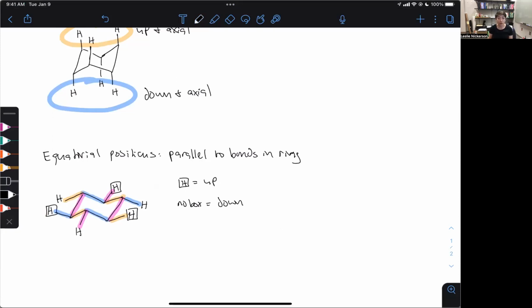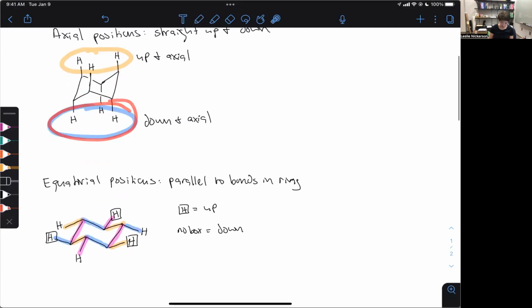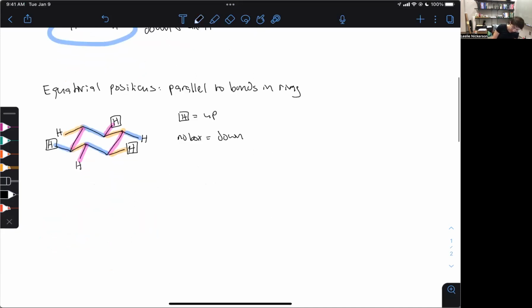What you should note is that just like in the axial position, where there were 3 up H's and 3 down, there's 3 up and then 3 down. Keep in mind that they're alternating, so this H going up, the axial is going down on that. So if we put those all together,